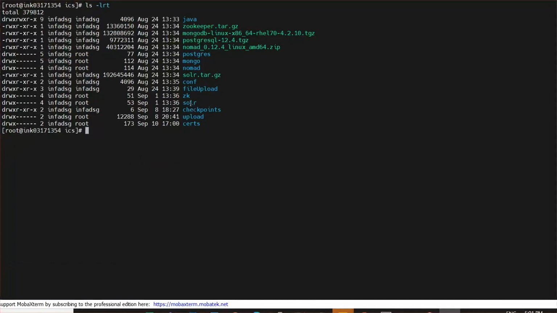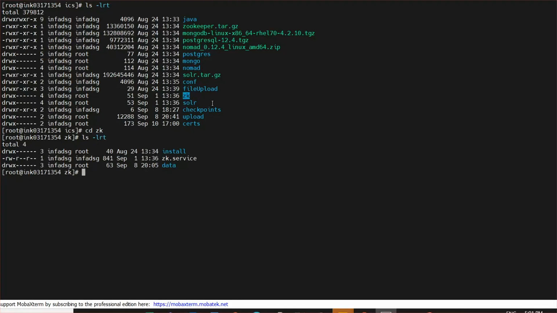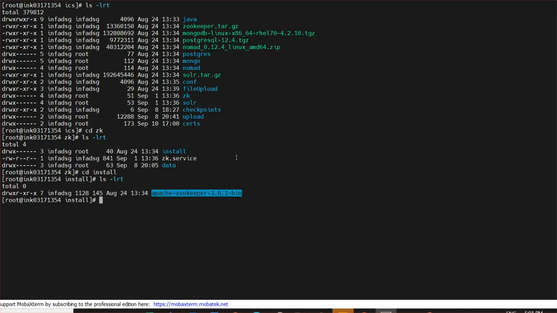Next we will see about Zookeeper logs. From the cluster custom directory, go inside the Zookeeper directory. There you can find install. Inside the install directory, you have to go inside Apache Zookeeper.